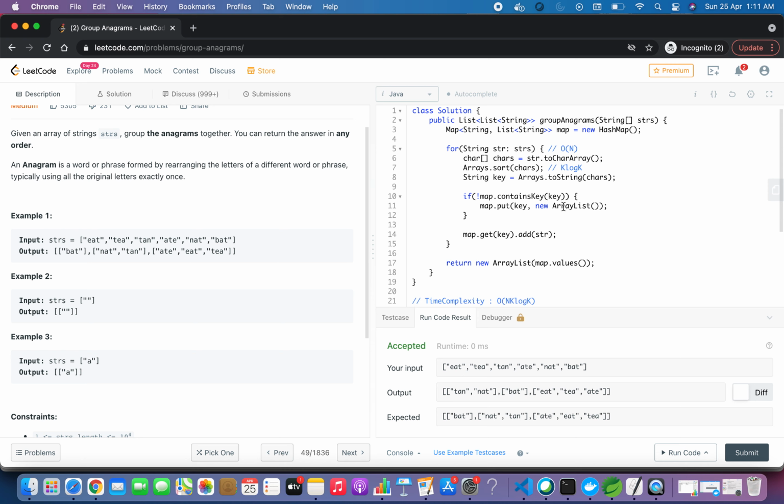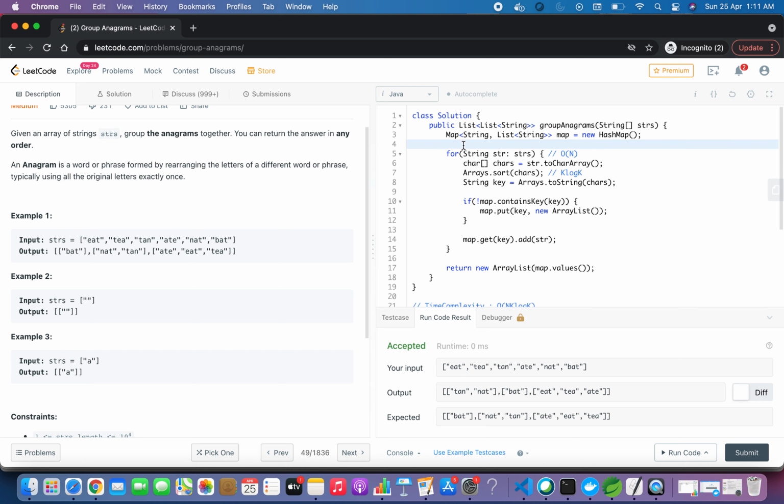So let's implement this over here. For this, we will take a count array and initialize it with zeros, and its size will be 26 since we are going to store 26 characters. I'll remove this part.